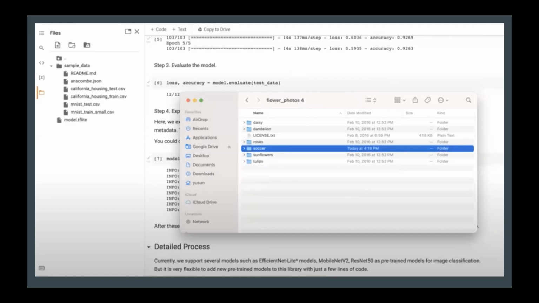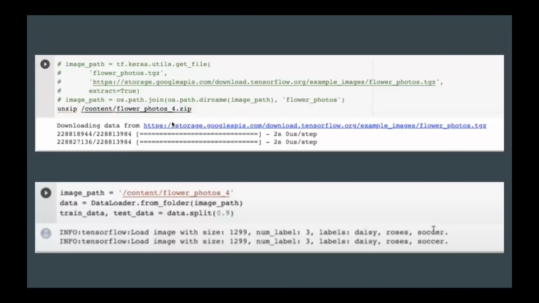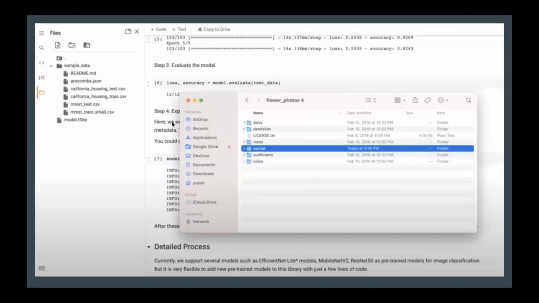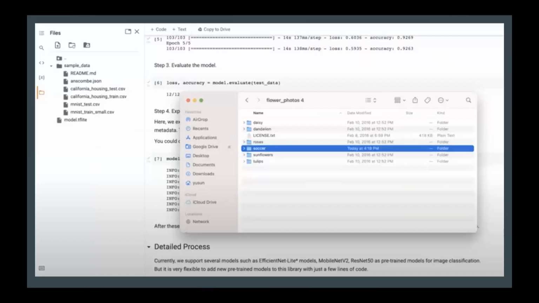in a way that's able to identify exactly what type of label the image you provide is. Notice how in the soccer label, we're providing a bunch of different images, and we have to do the exact same thing for every single one of these labels. If we're compiling so much data and also need to organize it into labels, this process becomes extremely tedious as well. The whole goal is to make image classification a very easy and intuitive thing for people who want to utilize machine learning. So soccer is just one of them. We have to populate the rest of them as well.